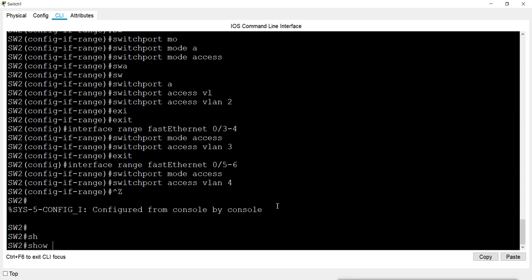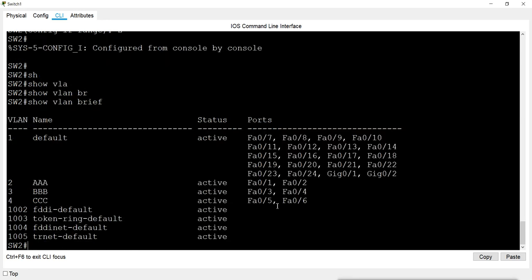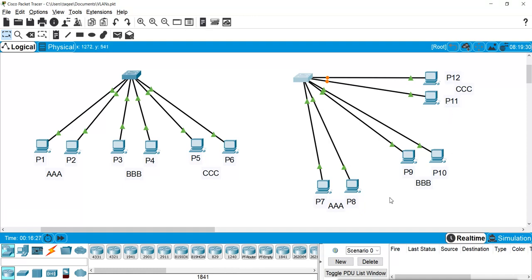So what I did here, I created the same name VLANs and I added those ports into those VLANs. Now we have the same VLANs in this switch, and we have the same VLANs on this switch also. That means these VLAN machines, these VLAN PCs, should connect to the other switch's VLANs, because they are under the same VLAN.